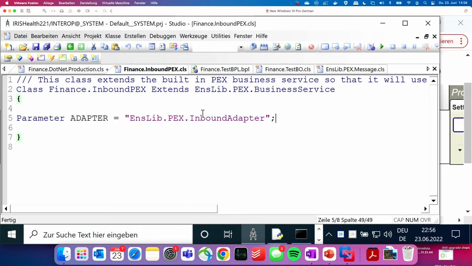And the only thing it defines is that it's using an adapter, which is the generic nslib packs inbound adapter. So the only thing we're saying here is we want not just the business service to be written in .NET, but we also want to use an adapter, which is also written in .NET.